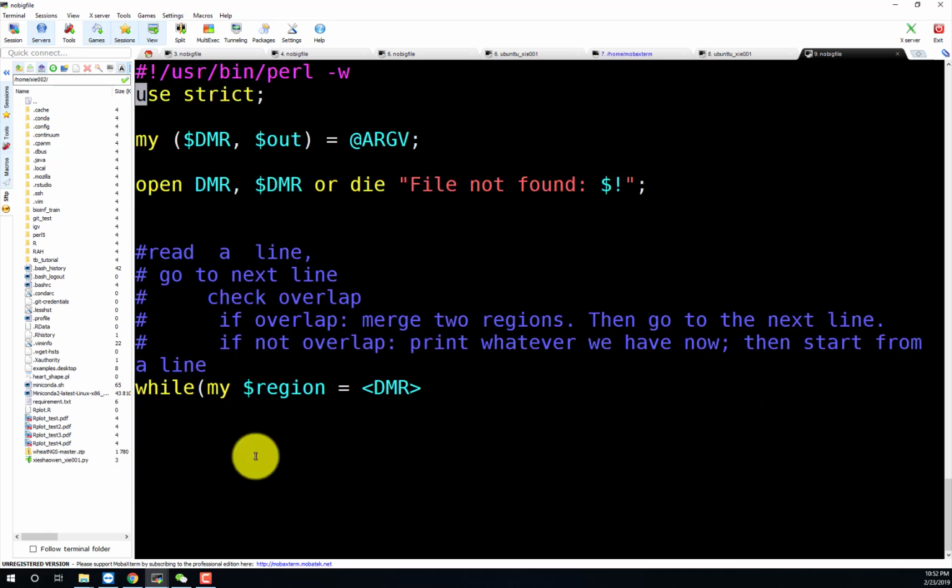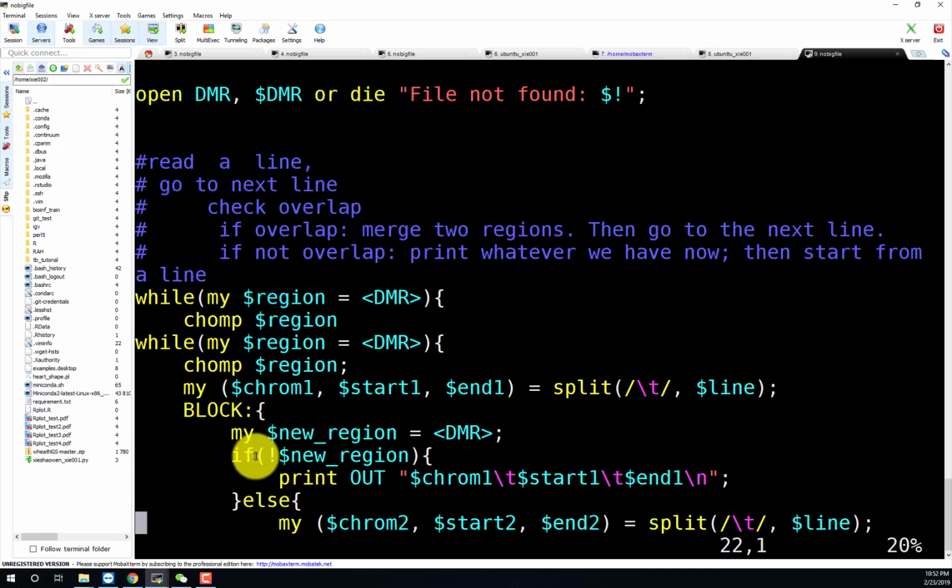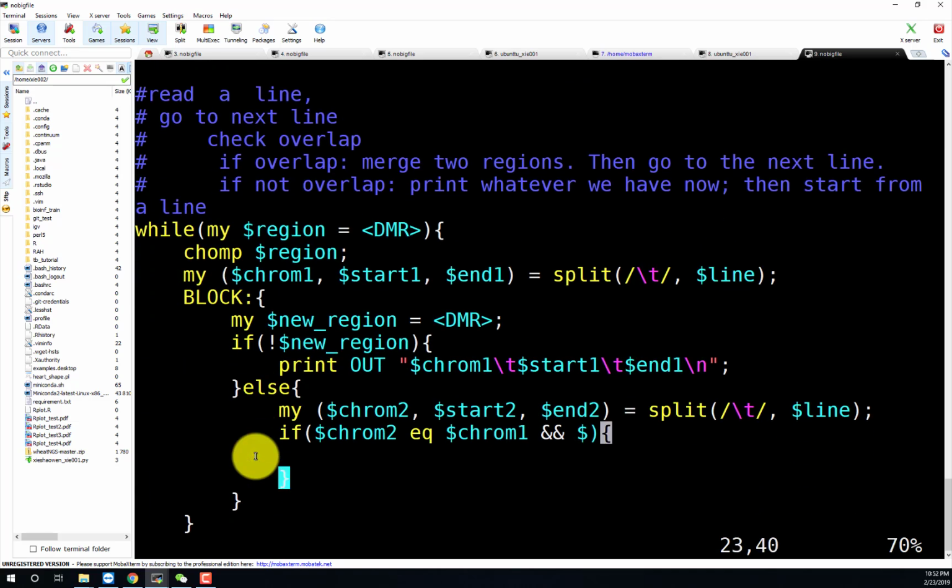So that means here we can do the judgment that if these two regions overlap with each other, they have to fulfill the requirement that